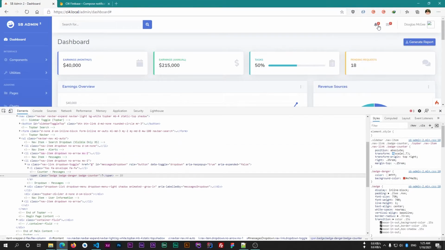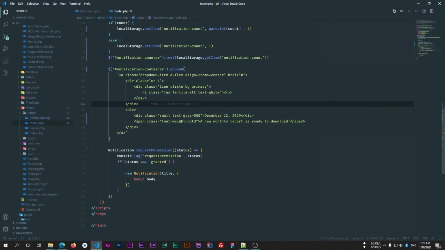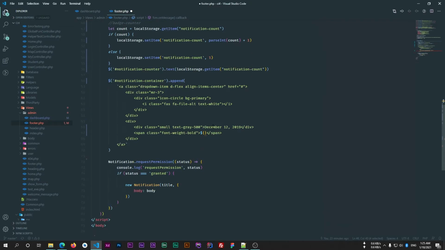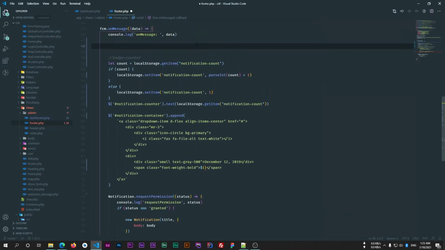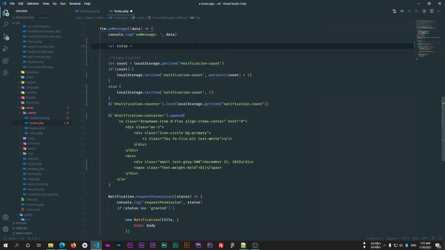So now we will customize this date and text as well. So here we will display our title which is coming from the Firebase notification. So I'll use $, and I'll get body from this data. I'll get title from this data.